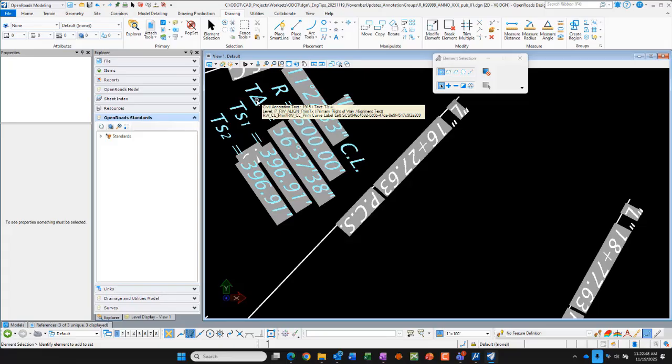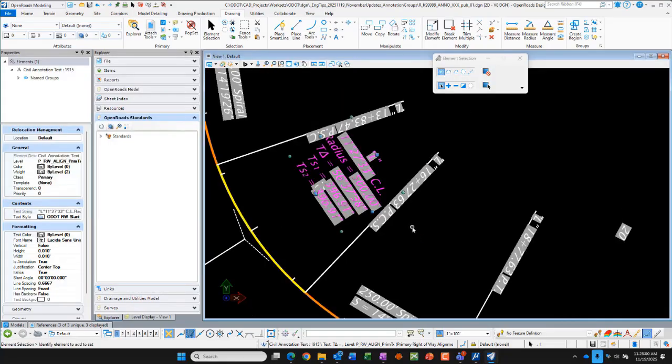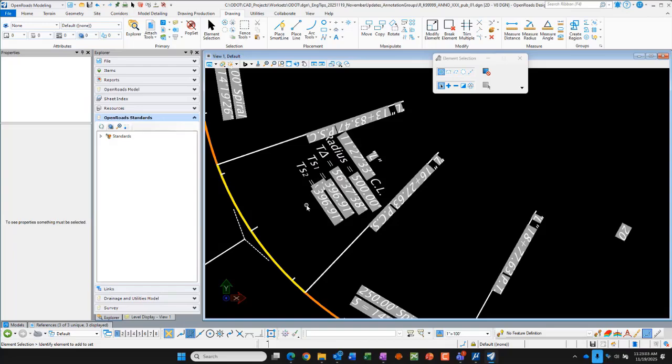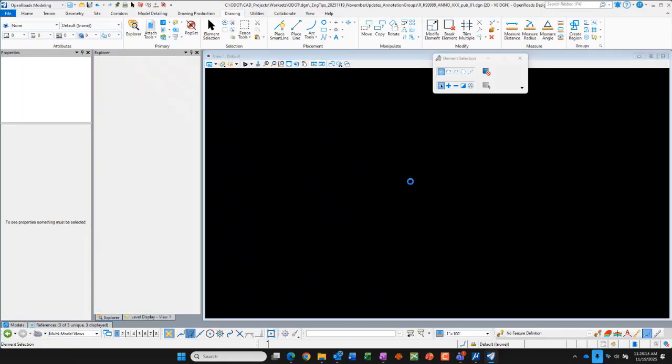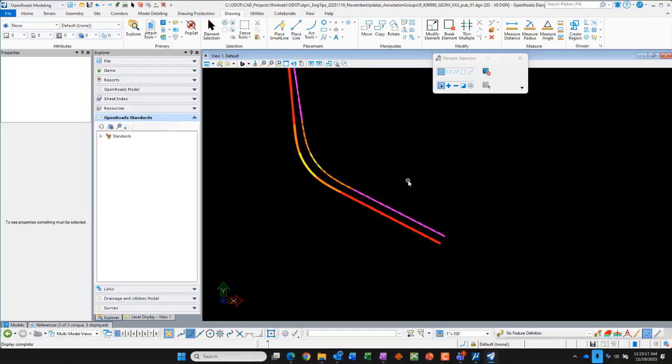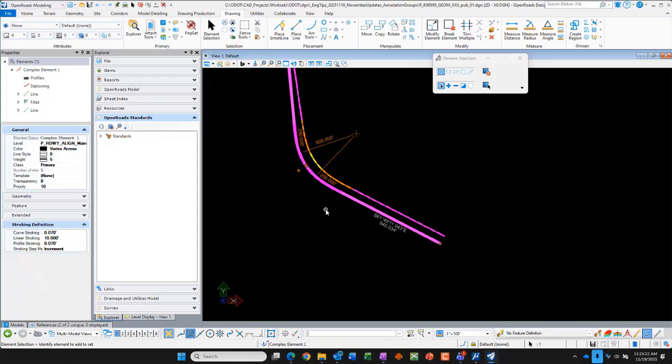So let me just edit this group here, and I'm going to edit the R and type out the full word radius. Okay, that's the edit that I'm going to make. So I've now edited the text. I think the question is, will that revert to an R? I don't know the answer to that. So let's open the geometry just for grins. And let's modify the